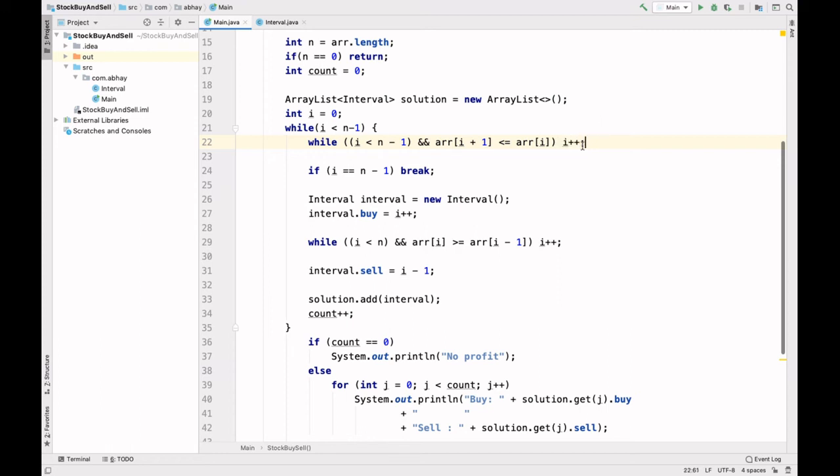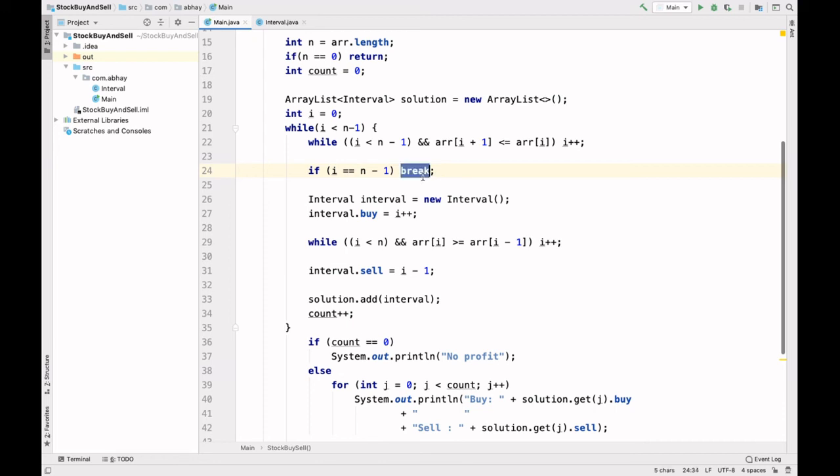And if we are out of the loop, then this is sure that we have found our first local minima. And if we are inside the loop, then we are just finding our maxima, because this is for maxima. Okay, now if i reaches the end of the loop, that means we only found all the maximas and we didn't find any minima.